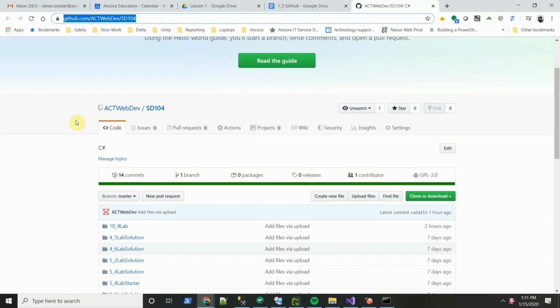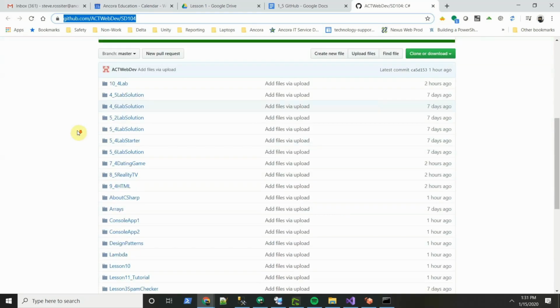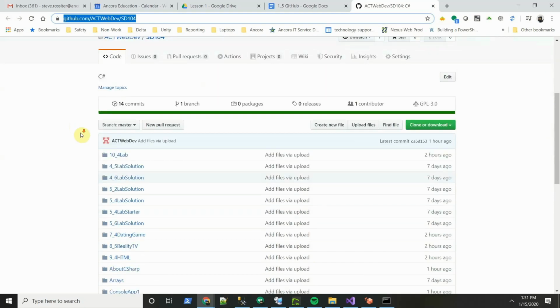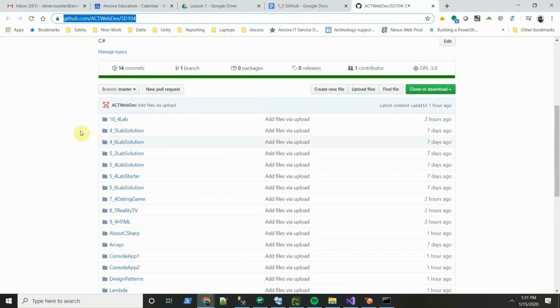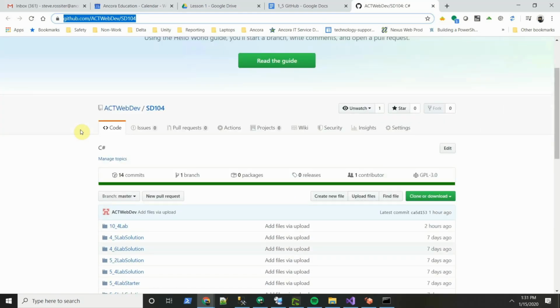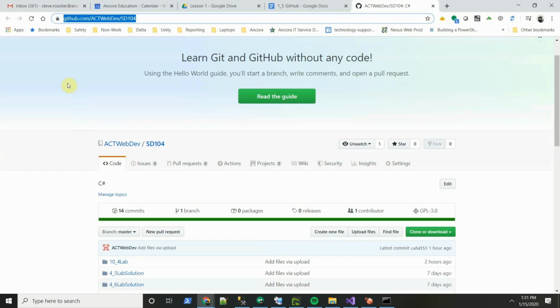We're going to be using GitHub in this course because it's a good skill to learn, and it's going to make everything just a little bit easier for us as far as working with our files and turning work in to your instructor. So we're going to go over the basics. It's not going to take too long. The first thing we're going to point out is that